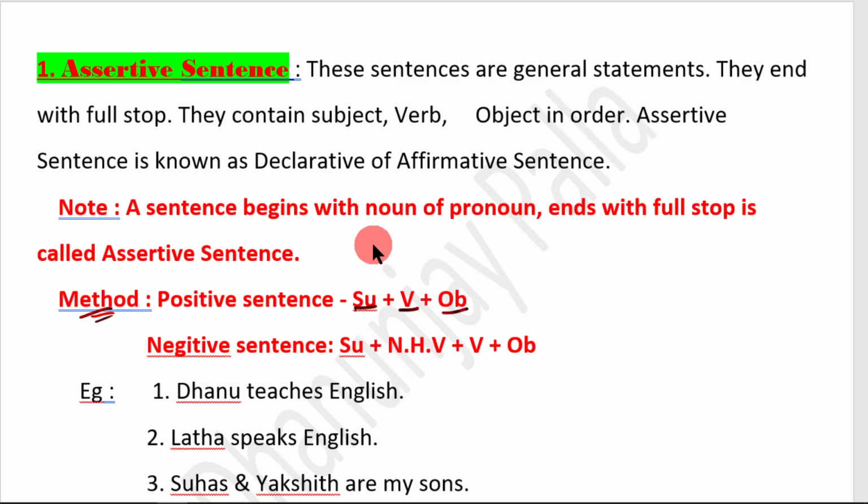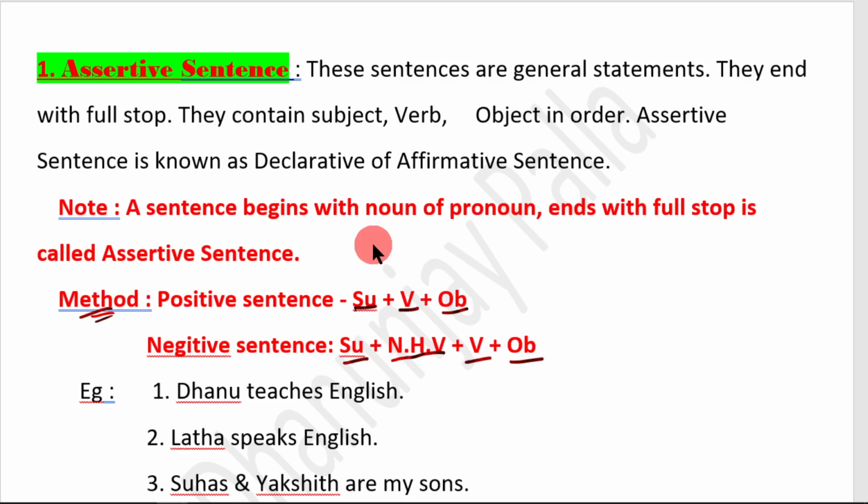In the negative sentence, if you want to form an assertive sentence, subject, again negative helping verb. ఏ టెన్స్కి సంబంధించి ఆ టెన్స్కి నెగిటివ్ హెల్పింగ్ వర్బ్ ఉంటుంది కాబట్టి ఆ నెగిటివ్ హెల్పింగ్ వర్బ్ని సబ్జెక్ట్ తర్వాత యూజ్ చేయాలి. అగైన్ వర్బ్ ఫామ్, అగైన్ ఆబ్జెక్ట్. ఇట్ ఈస్ ద అసెప్టివ్ సెంటెన్స్ and positive and negative methods. With the help of these methods, we can form the sentence very easily. We have to look at the examples now.